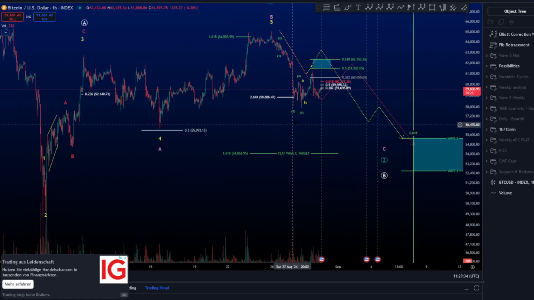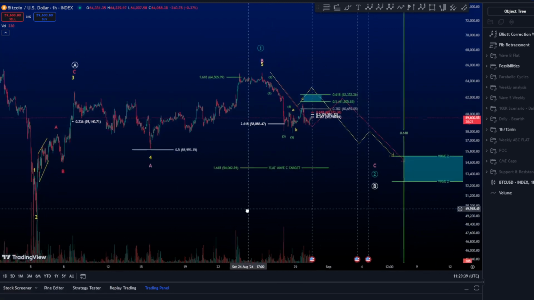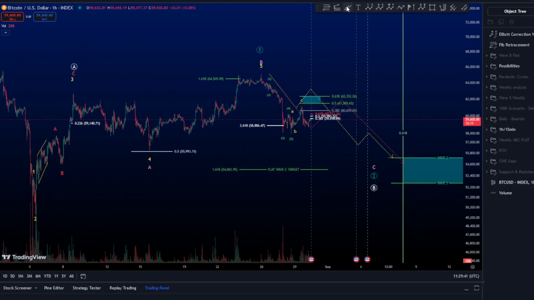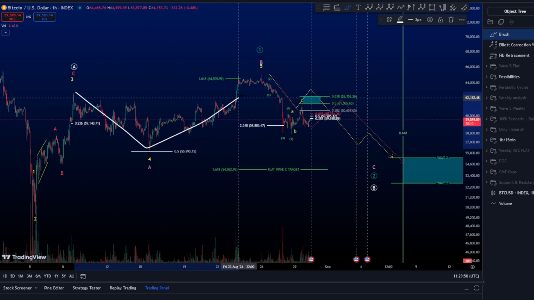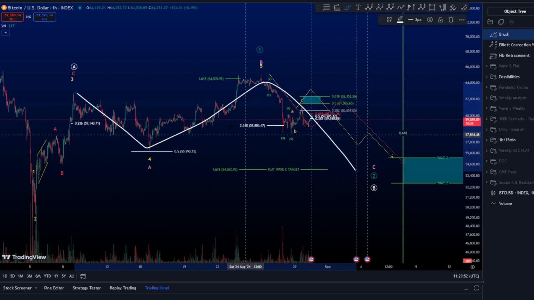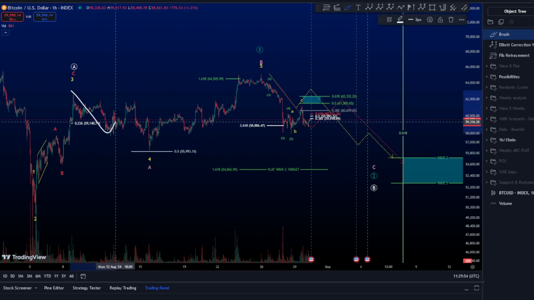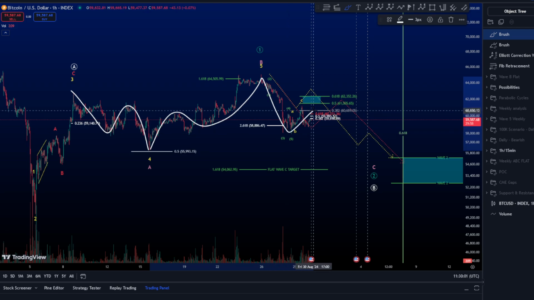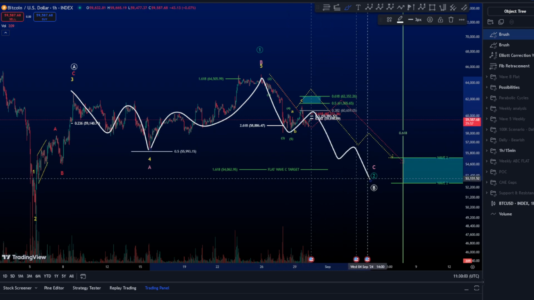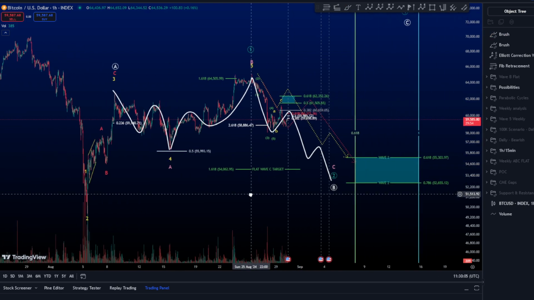Now I want to explain what happened here, and it would be much nicer to go back from this point to understand. So we are looking at possibly 3 waves up, right? And then possibly 3 waves down, right? And then an expanding flat. So this is an expanding flat, A, B, C. Here we have 3 waves for A, 3 waves for B, and we are looking for 1, 2, 3, 4, 5. Now, if we are in a flat here,